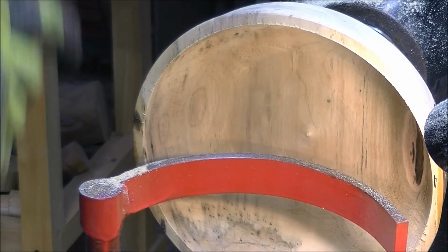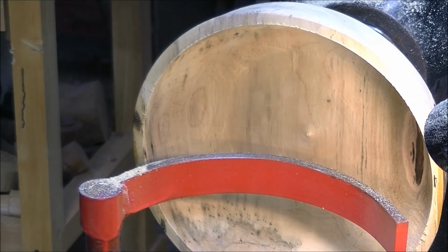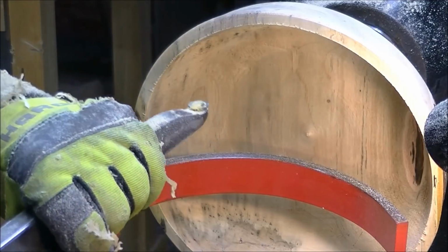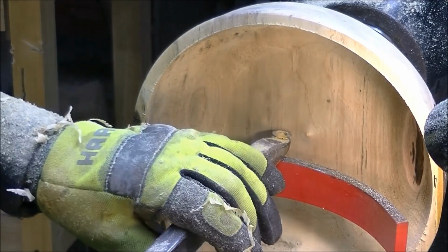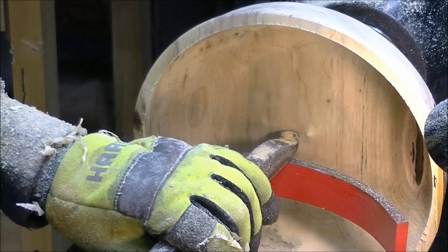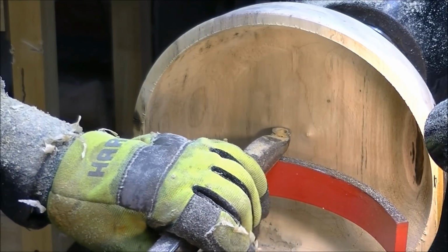Well, what I was going to tell you, the reason I stopped it is because people always complain about getting catches when they get in here with a round cutter. And I'll tell you a little secret to it. Now you can do what you want to do, okay? I'm just telling you this is what works for me. I never come in square,